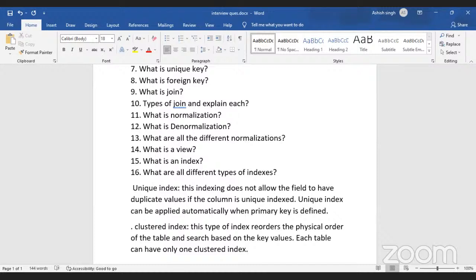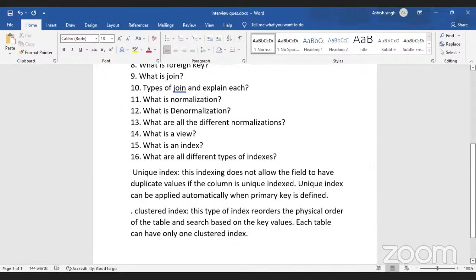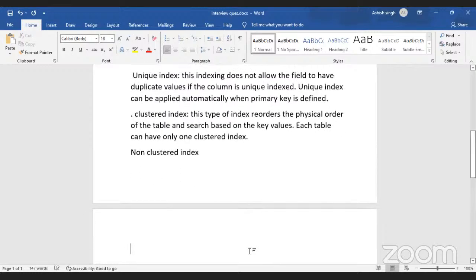What is cluster index? This type of index reorders the physical order of the table and search based on the key values. Each table can have only one clustered index. So we have one, two, and our third type is non-clustered index. So what is it? Let me write. Non-clustered index